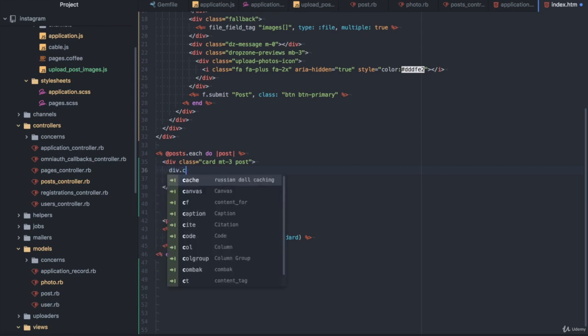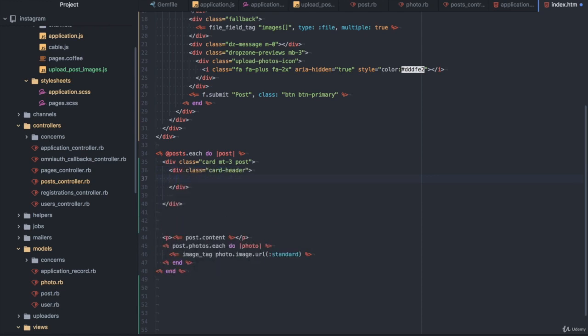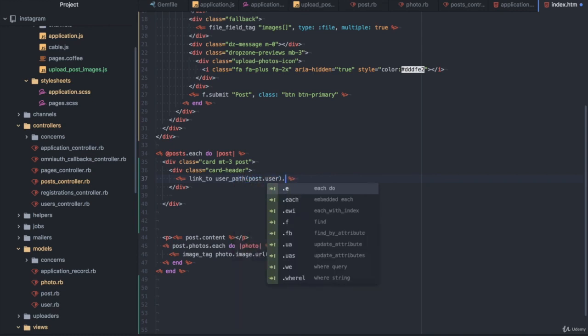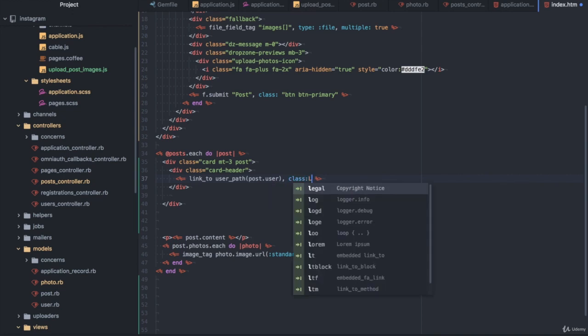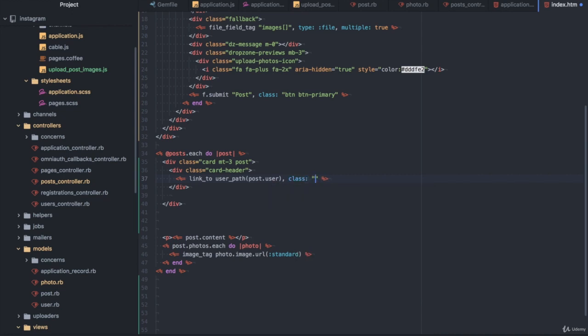And inside we have div.card-header, link_to user_path post.user, class no text decoration